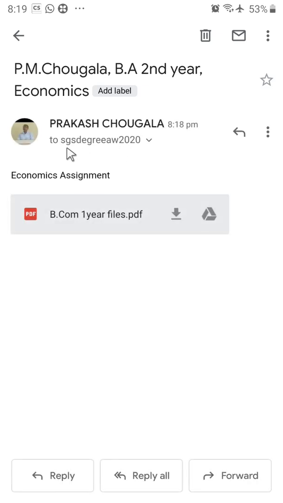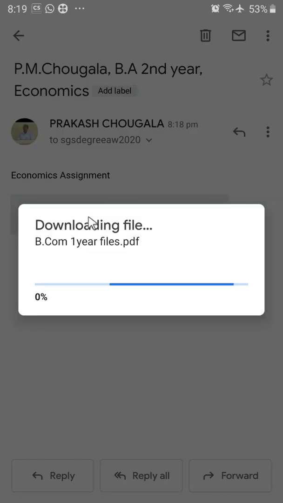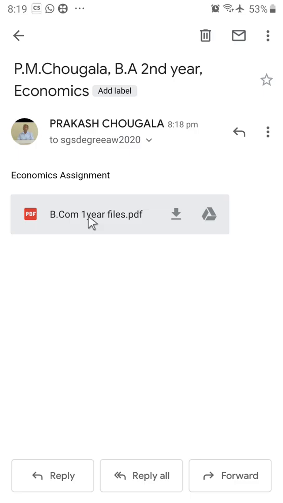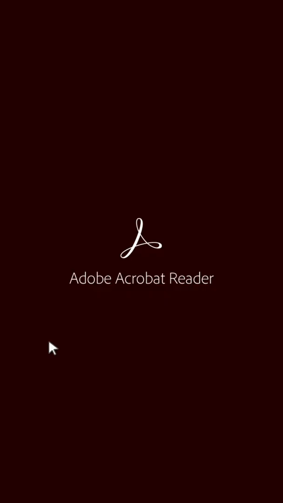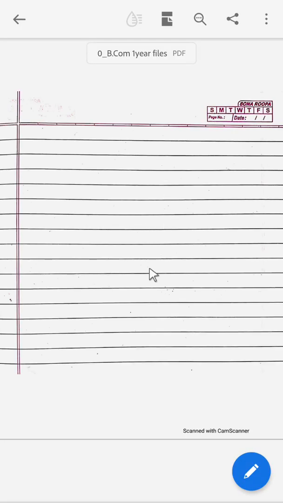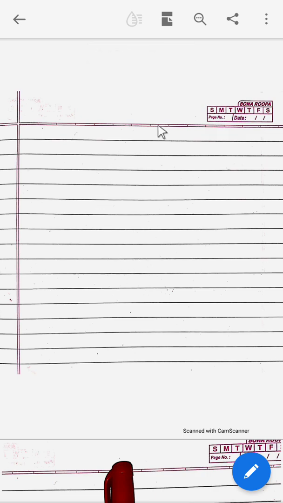Okay, you sent your file to what? SGS degree assignment work 2020 at gmail.com. Okay, just click on this. See, whatever document you have scanned, it is the same document, isn't it?